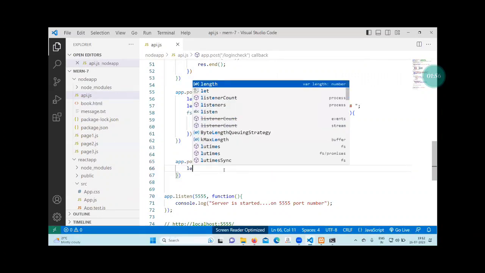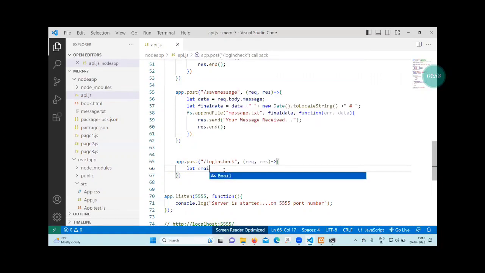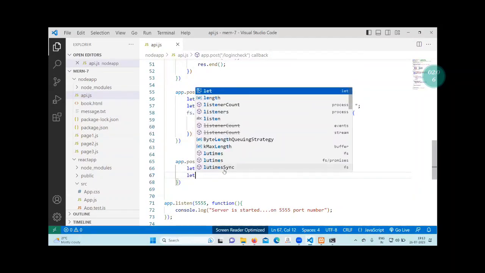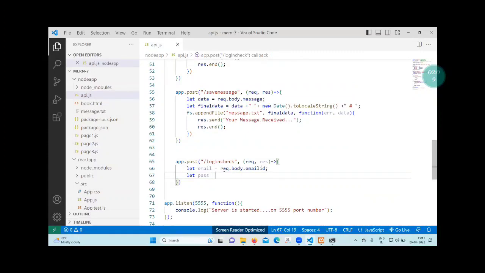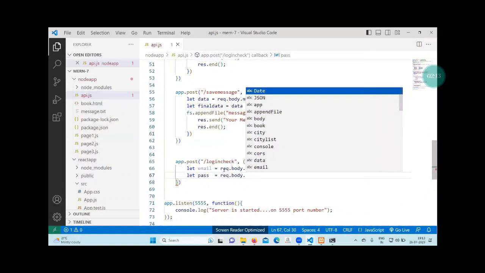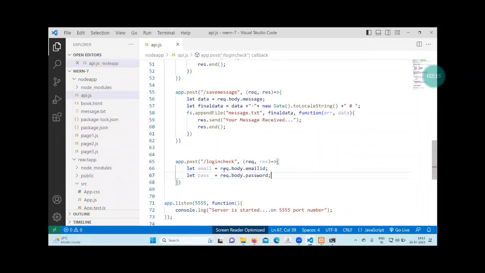Next, after that, receive here: let email equal to request dot body dot email ID. Let pass equal to request dot body dot password. So you are receiving two inputs that will come from the front end. After that, you will check here if